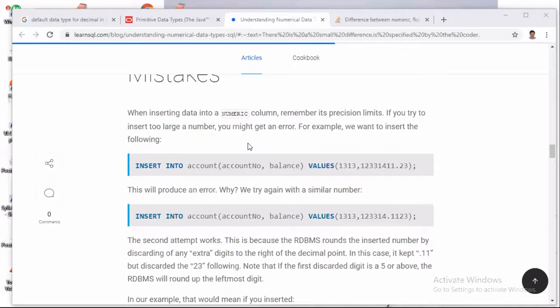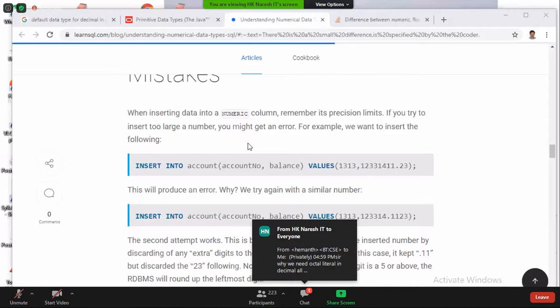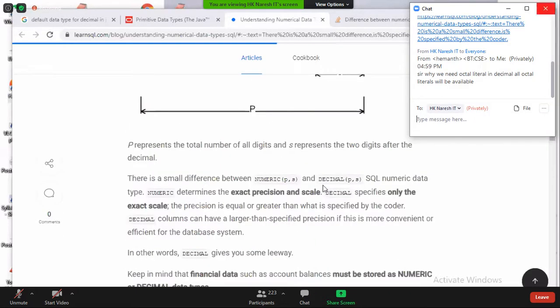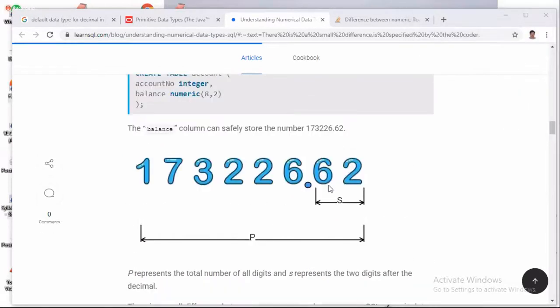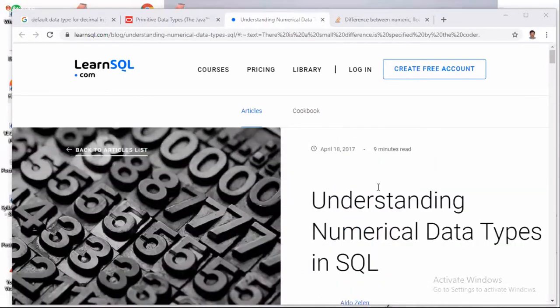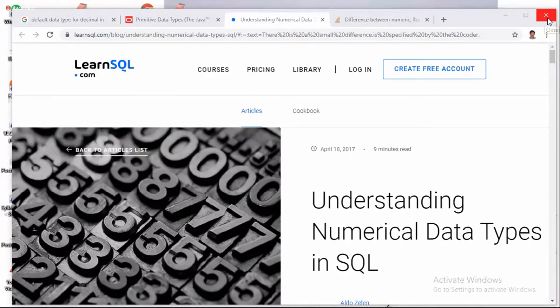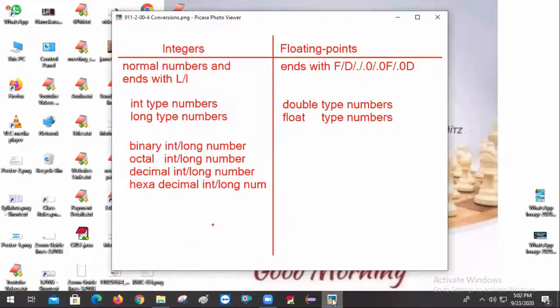Some questions cannot be answered, Mr. Hemanath. Can anybody answer this question? Sir, why do we need octal literals when decimal is there? All octal literals are available in decimal now. Why do you eat tiffin when your lunch is available? Why do you eat snacks when food is available, when rice is available? Why do you eat chapati when rice is available? When a situation comes, you have to use it. Exact reasons cannot be explained, okay? You can search on Google. If somebody comes across the purpose of each one, they will explain. In which situation is octal required?